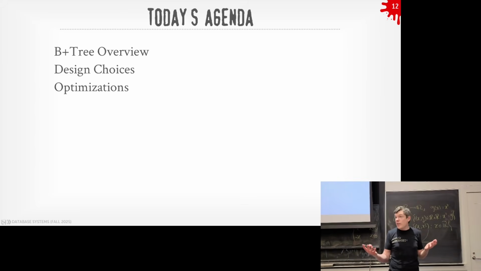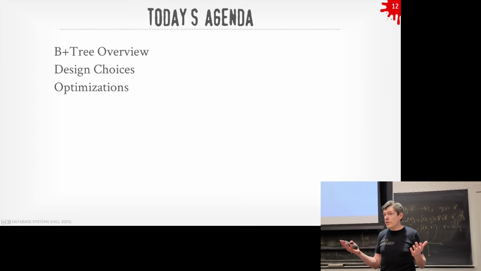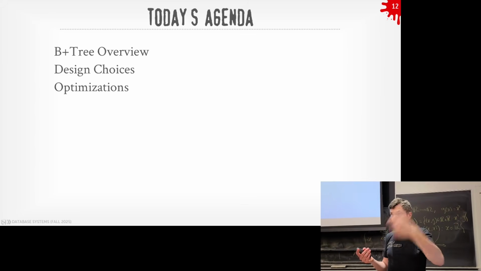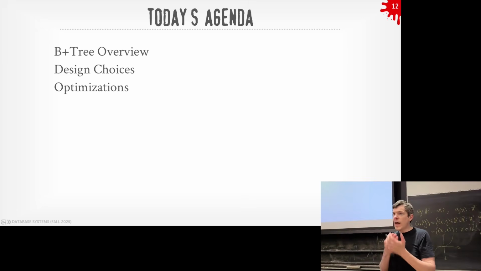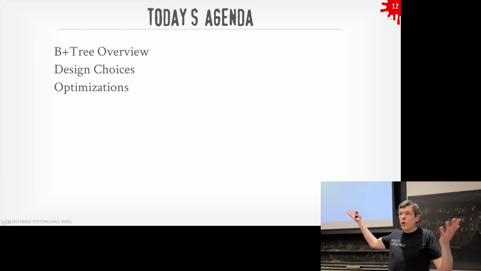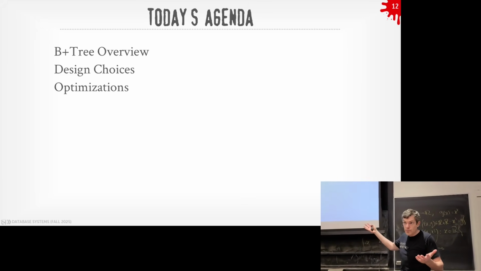The reason why is because B+Trees can do any search. You can do point queries, you can do range scans, you can do partial key lookup sometimes. We'll see how to do that. Whereas in hash tables, you can only do point lookups, like go get this one tuple. I can't do range scans because everything's unordered in the hash table, so it doesn't mean anything. There's no notion of a range where the values aren't ordered.